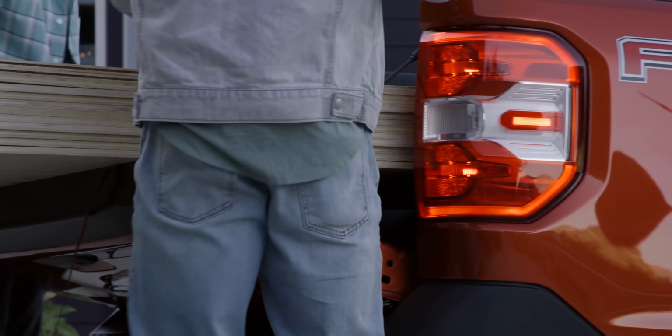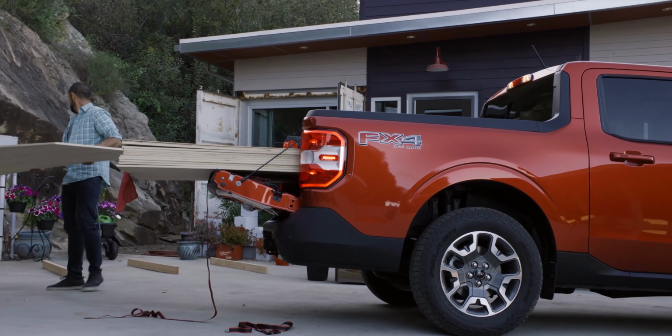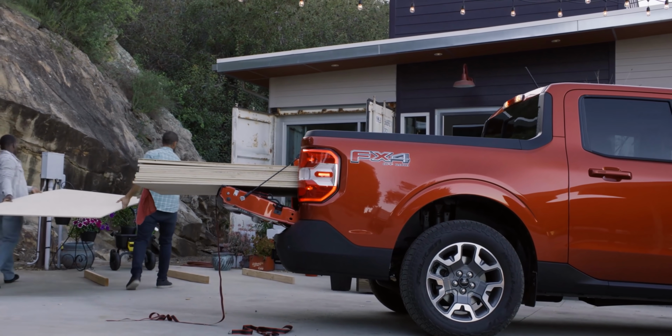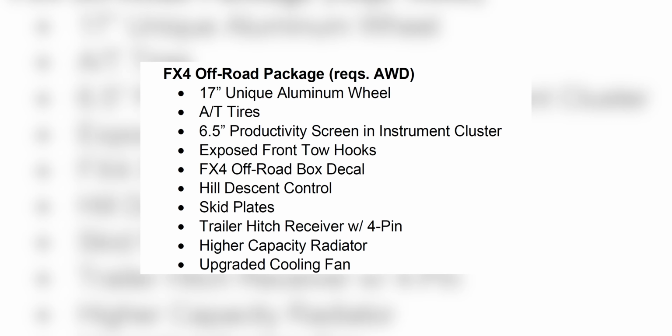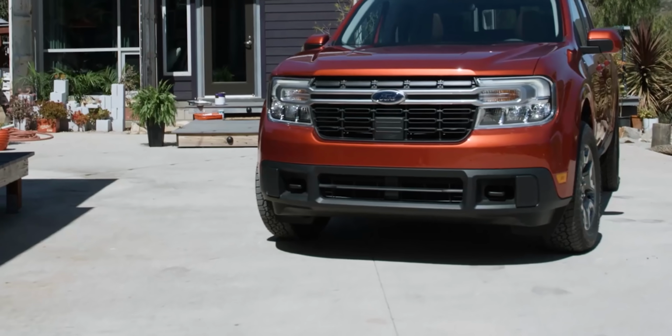Next up is a very popular package that's available on the F-150s and the Rangers, and that's going to be the FX4 Package. Now, this particular package actually comes with a lot more standard equipment inside of it versus something like the Ranger or the F-150. So first up, you get a different set of wheels, a different set of tires, more aggressive that is, and I forgot to mention to you that this package does require the all-wheel drive setup, so keep that in the back of your head. You also happen to get a 6.5-inch productivity screen